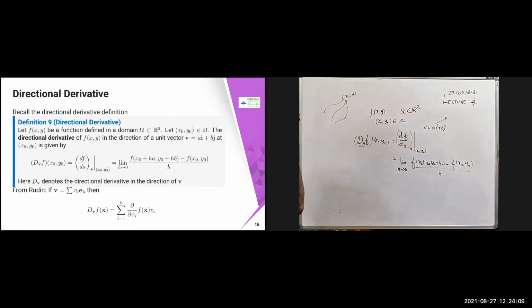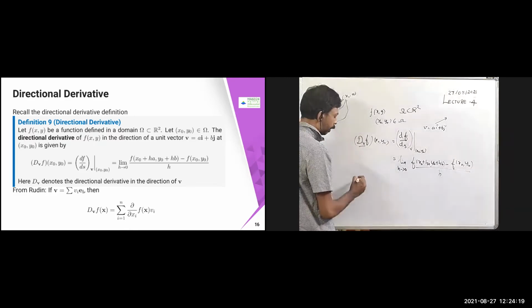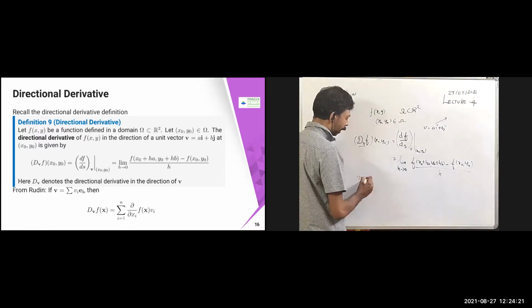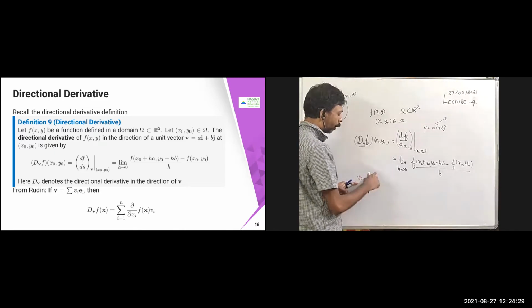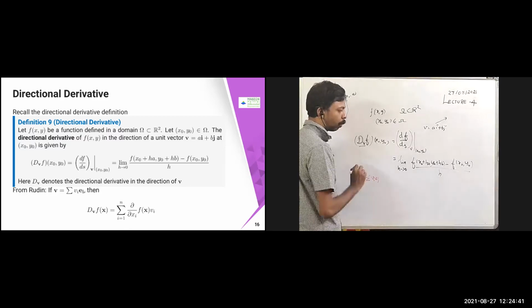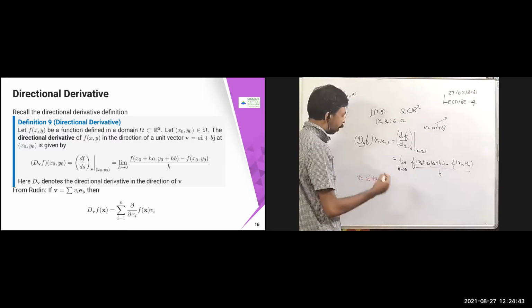The same thing you might have studied in the Rudin book. If you have studied it in the second semester, you might have studied multivariable calculus. So he used to define it like this, in the general setting: v equal to the sum of vᵢ eⱼ. Here v is any n-dimensional vector, so you can take the standard basis, and then their components will be there. Any vector you can write in this form, due to the n-dimensional vector space having linearly independent basis vectors e₁, e₂, e₃ and so on. So in that case, Rudin used to define it like this.